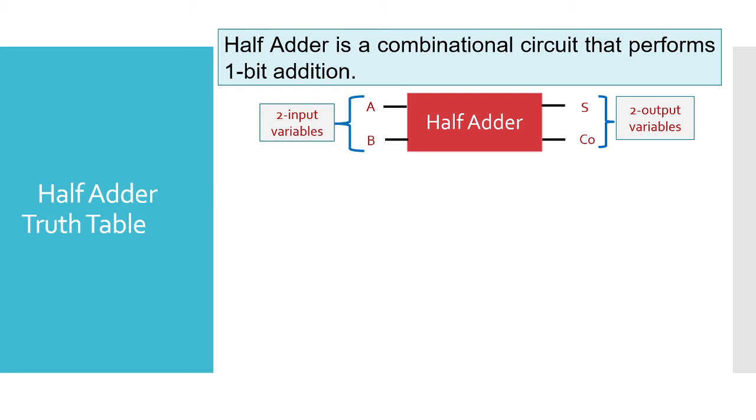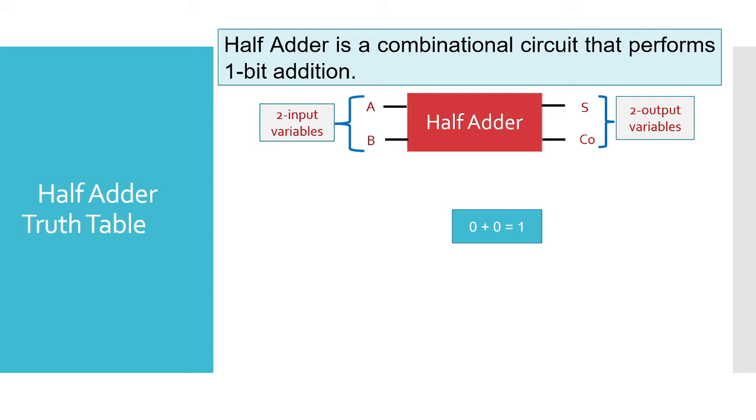Now next step is you have to decide the truth table. And what is a truth table? A truth table is a tabular table that will show the relationship between the input and output. You know input A and B, output S and CO, so you will draw one truth table. Addition you already know, so that information I will use to draw the truth table.